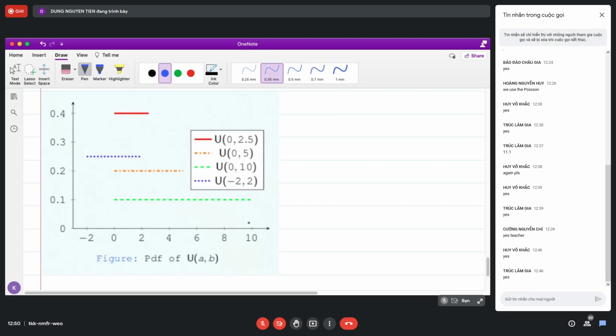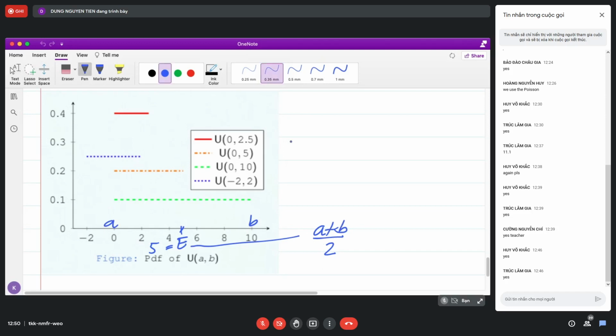Now you can recognize that all the distributions here are symmetric, and because they are symmetric, the mean value should be at the middle right here. Okay. Then can we find it? What is the mean value in this case? The mean value would be (a+b)/2, right? If this is a and this is b, the mean value should be (a+b)/2,